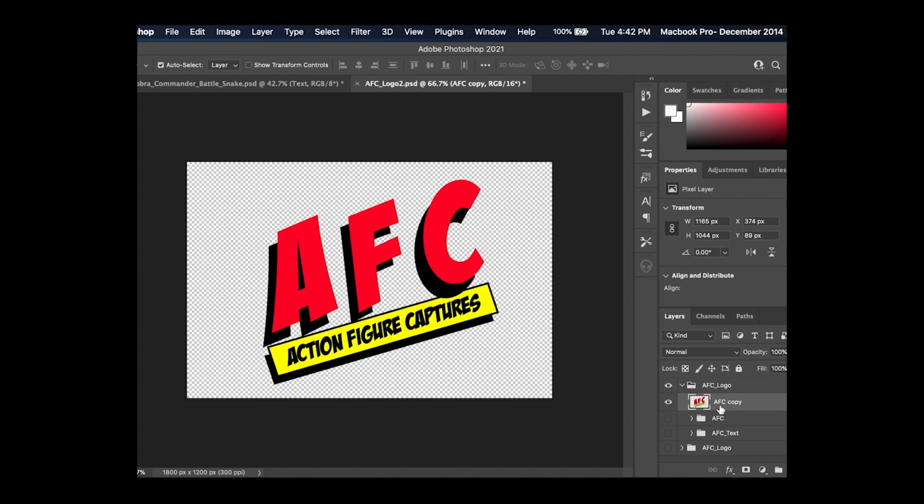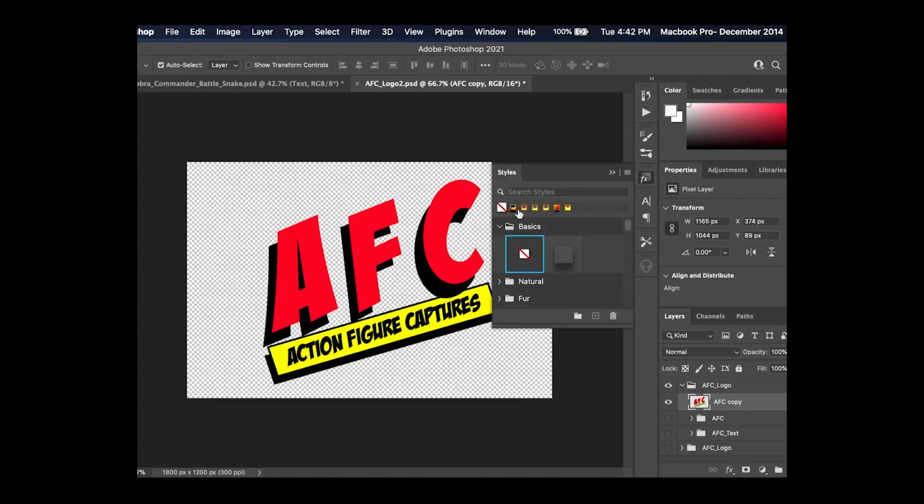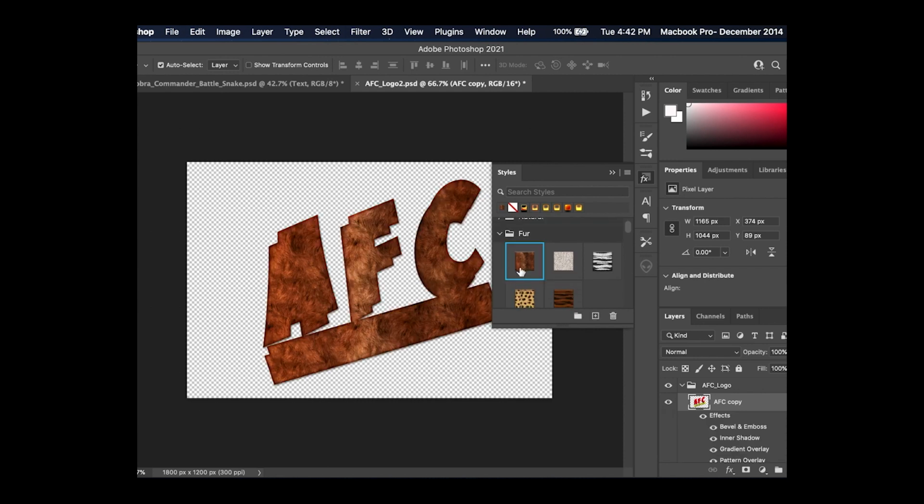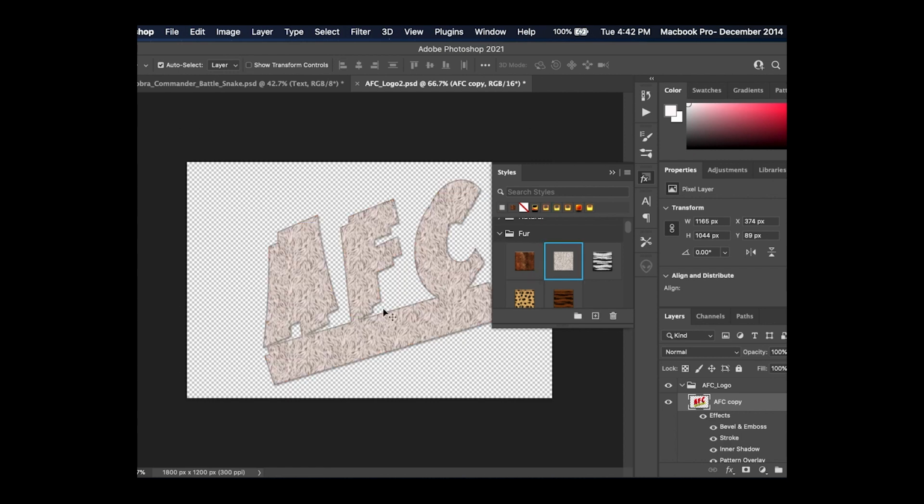And basically, once we have that layer selected, we're going to go into our effects tools here, which is the little FX icon. And here is where your styles come in. And I basically have bought a number of different styles from the Envato website. And I have a lot of different styles available to me, so I can click them. There are some default styles like fur and so forth, and it'll just change to whatever it is you click on. But you'll notice because it's all merged into one object, it's basically applying that to the entire